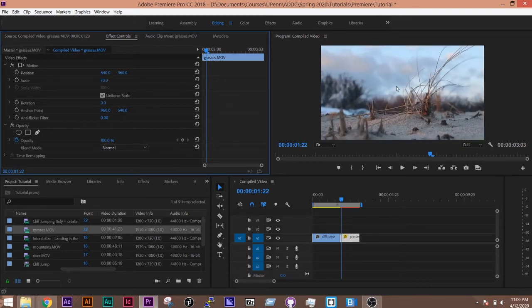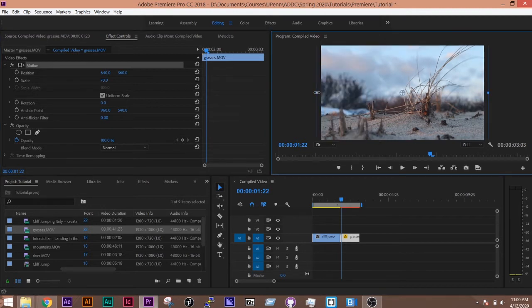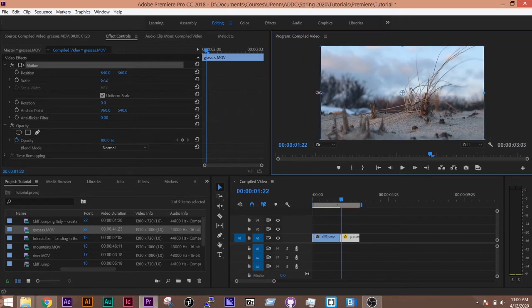In newer versions, you can just double click. Actually, you can do that here. You can double click on the video itself, and you should be able to just shrink it down that you want. You don't need to hold down Shift. So now when we play this back,